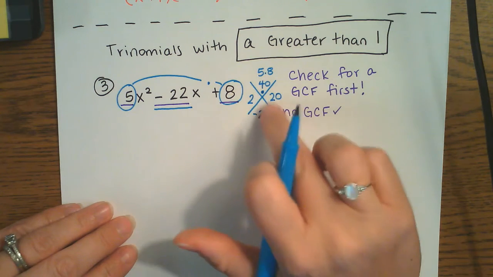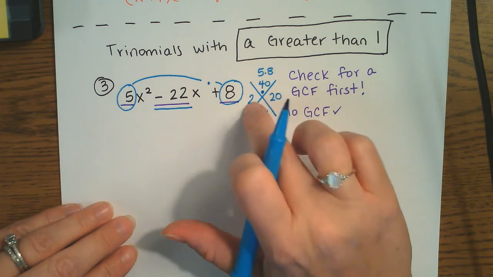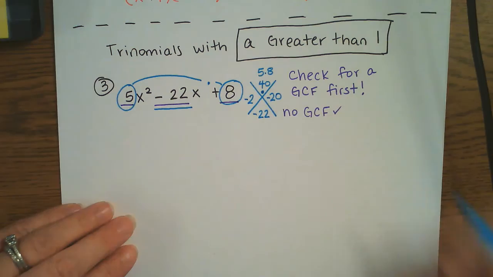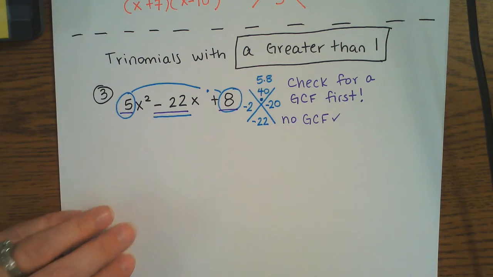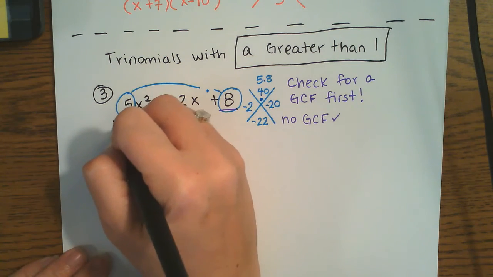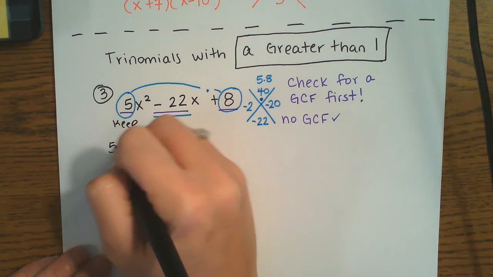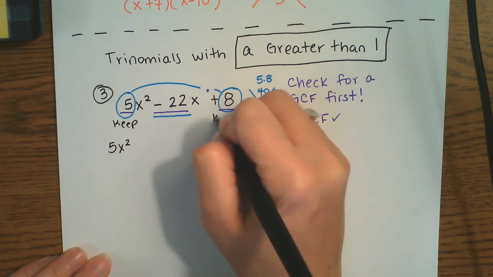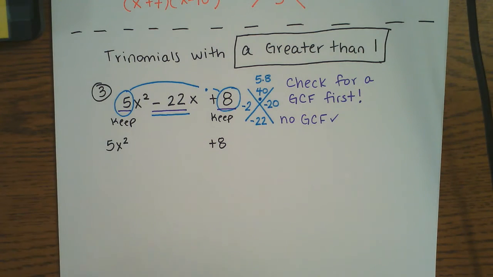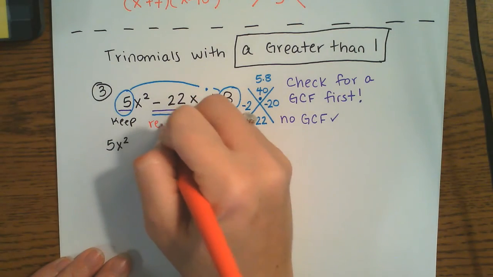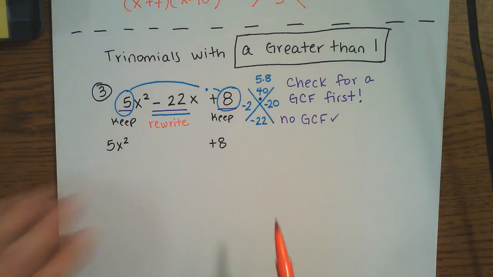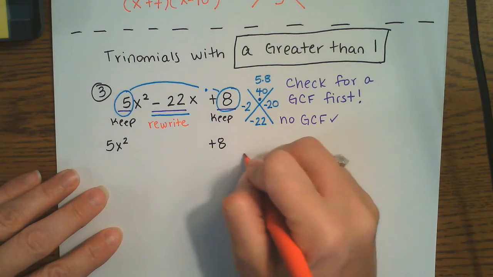But I do have to keep in mind my sign. So positive 40 means they're the same sign, but since this is negative 22, they're both going to be minus. They're both negative. All right, so here's where this process gets tricky. We're going to have to keep 5x squared and keep plus 8. And we're going to rewrite negative 22x using negative 2x